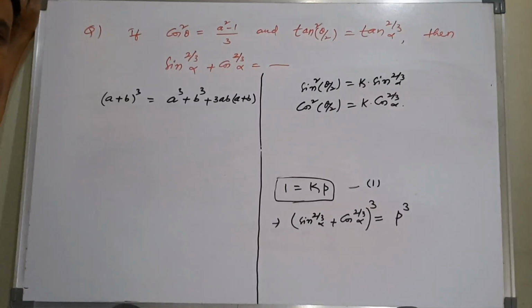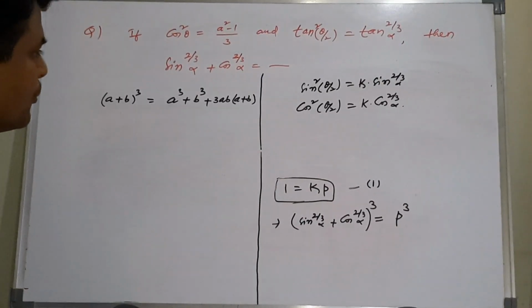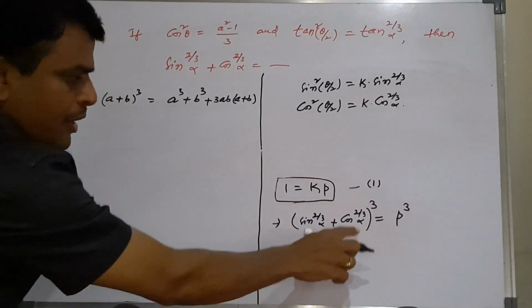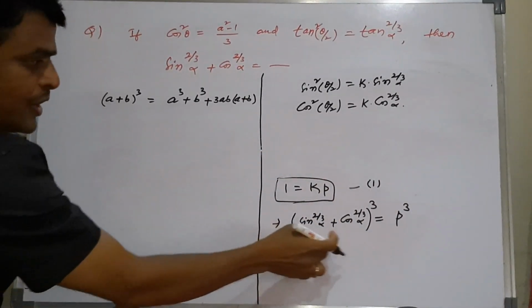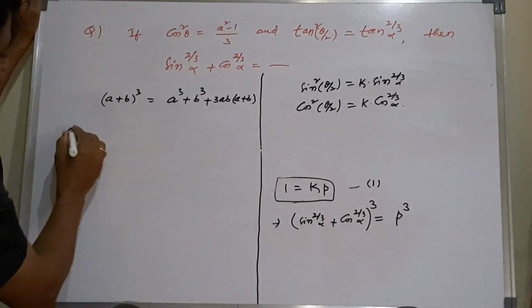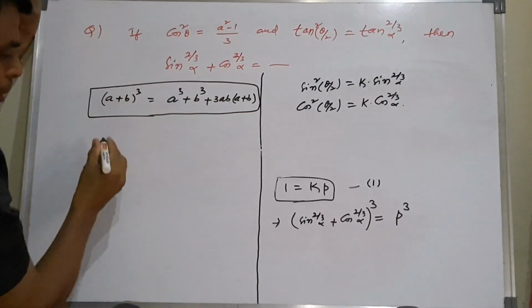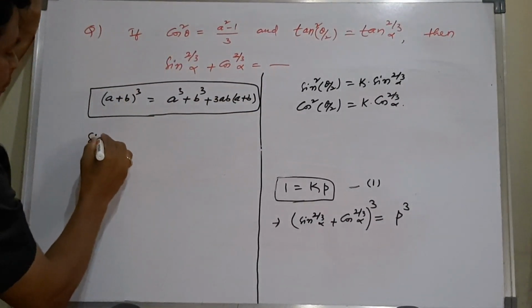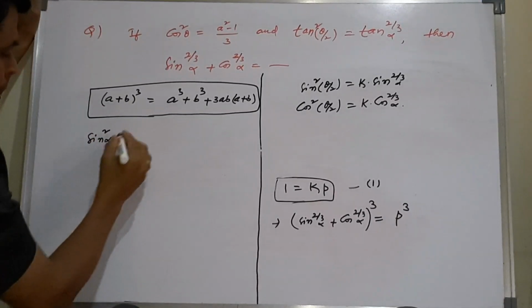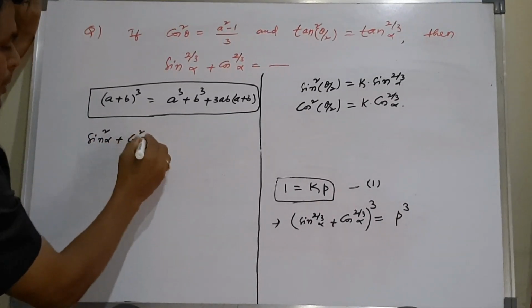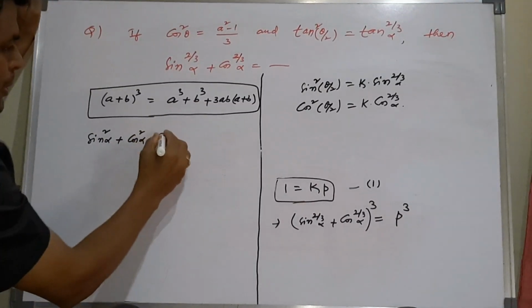So here what we are learning is how we are using algebra in trigonometry to solve this model of questions. Now, a plus b whole cube formula we know. If I go for the application for this a plus b whole cube, then we will be getting clearly sin square alpha plus cos square alpha plus 3 into